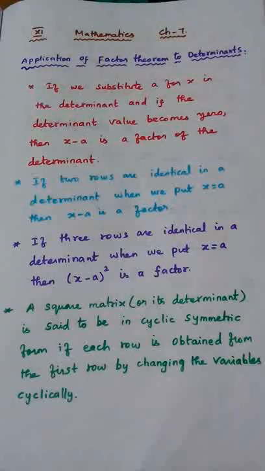So entering into the chapter, so far we have seen what is meant by determinant and how to expand a 2 by 2 and a 3 by 3 determinant. And a determinant can be expanded in two ways. One is normal expansion through the first row, or even through any other row or any other column, or by using Sarrus rule also we can expand a determinant. And using the expansion of determinant we did many problems.